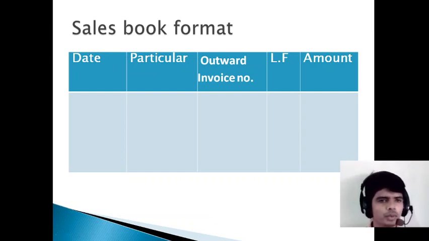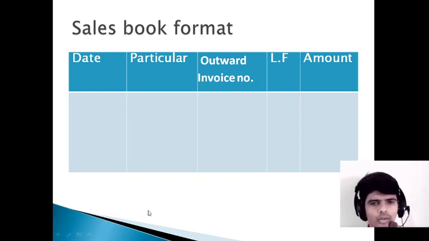The purchase book is made only for recording credit purchases, and the format will be date, particulars, inward invoice number, LF, amount. And the sales book is made for recording credit sales, and the format will be the date, particulars, outward invoice number, LF, amount. Hope you guys are clear.